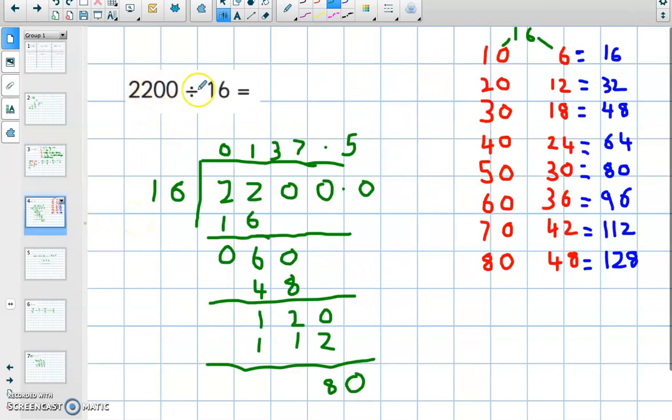Okay, 2,200 divided by 16. Now this is long division, so bear with me. 2,200 needs to go into the bus stop first of all, and the 16, the divisor, goes on the outside. So first of all, how many 16s go into 2? Well, 0. How many 16s go into 22? Well, I know one 16 goes into 22, so I'd put 16 below the 22 and subtract it, which then gives me 6. Now I need to drop down the next digit, which is the 0, next to the 6